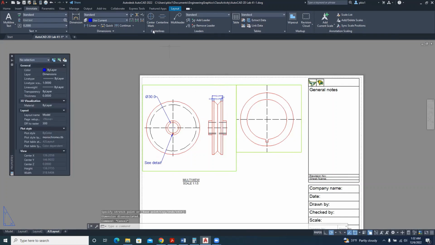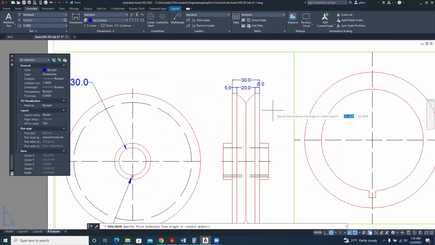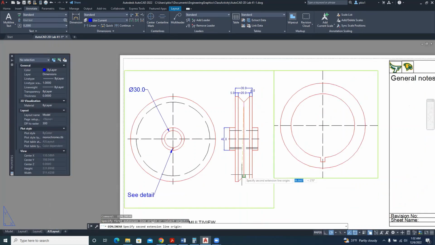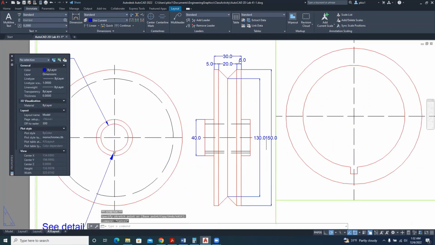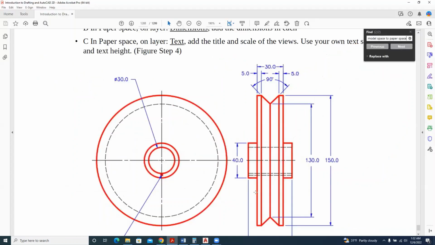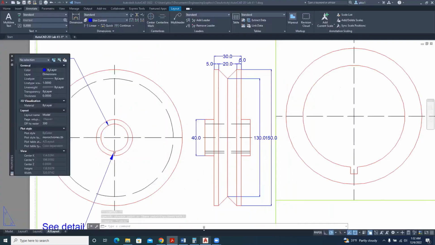And then we'll go for the height. We start from here. And then we do this part. And then we do this part. So give some distance between the two of them. So 130, 50. I see a lot of point zeros. Is that how? Yeah, so 30.0. And then